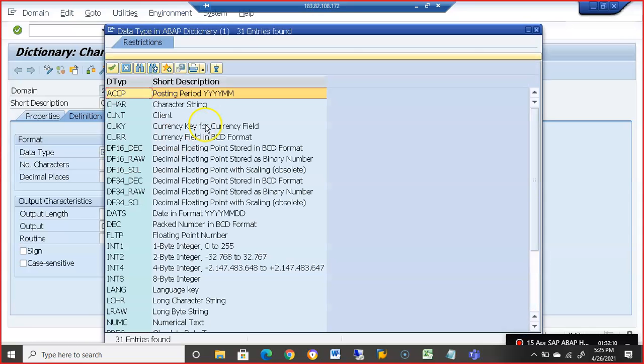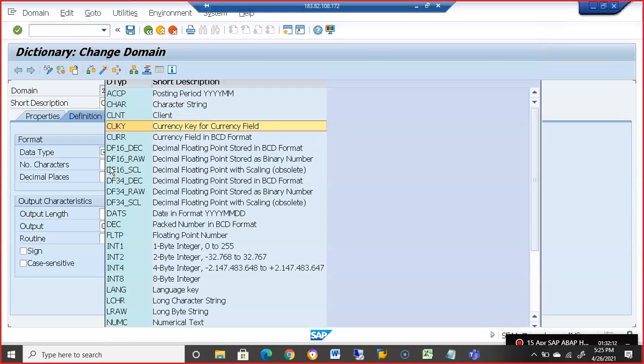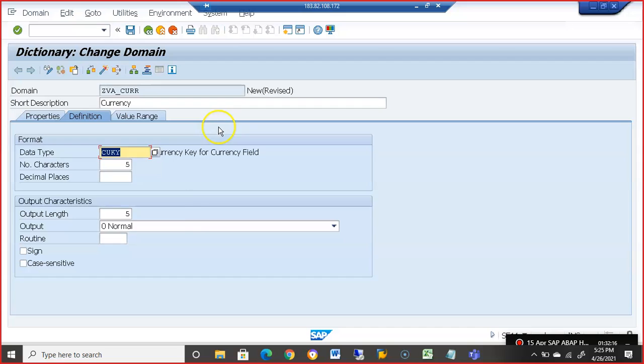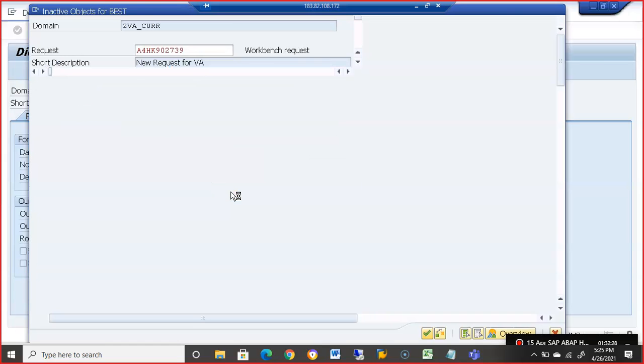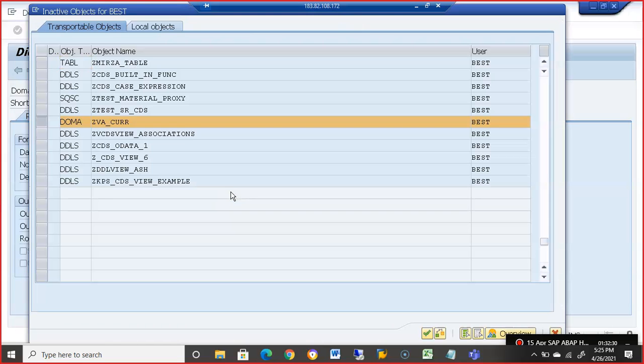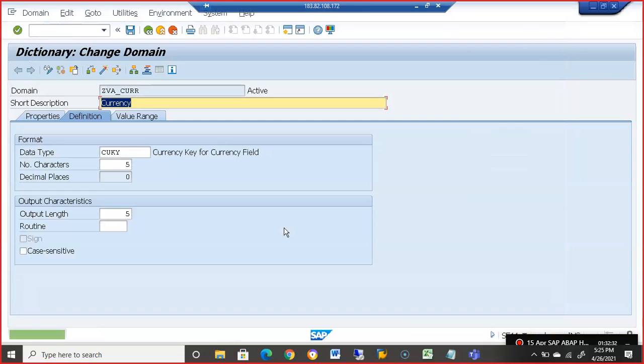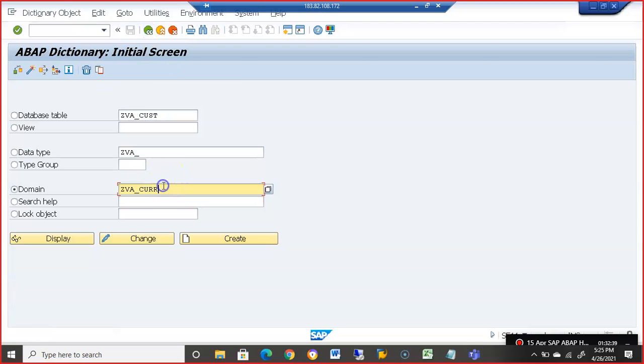Now we need to select this as currency key, and the length by default will come. The moment we select the currency key, if you see here, the length has come by default. Just need to activate this. Once it's been done, we'll go ahead and back. Currency is done.